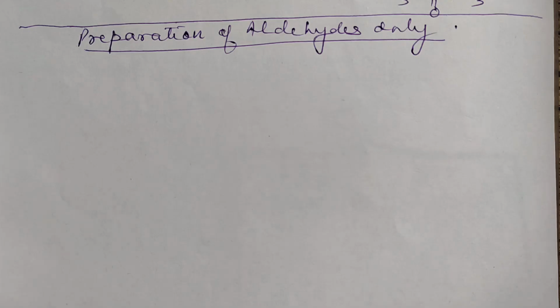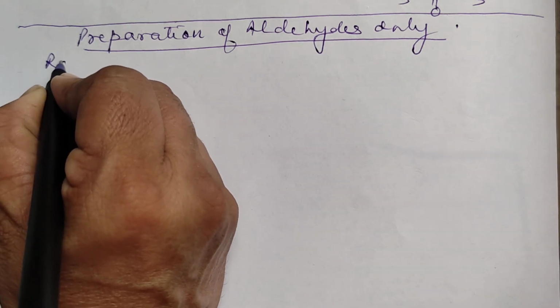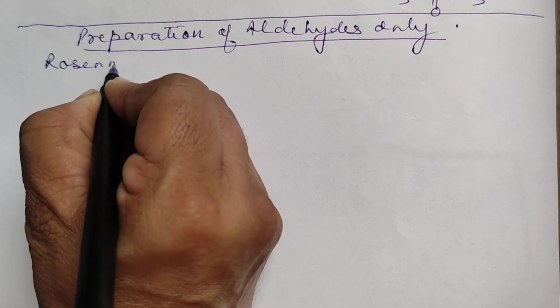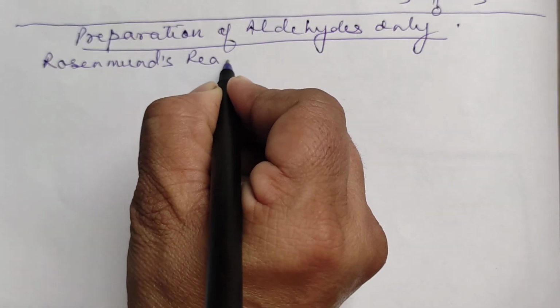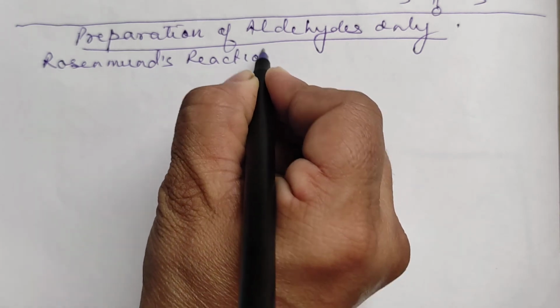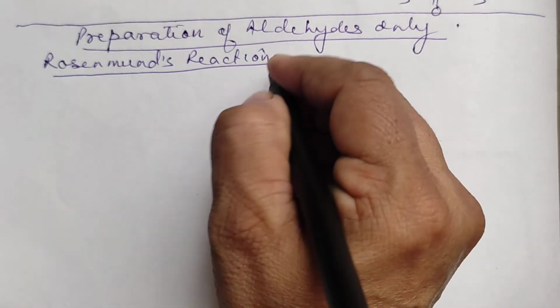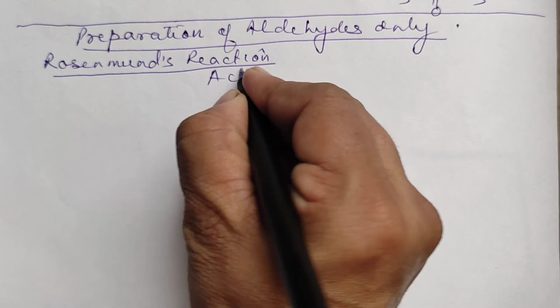Now we will take methods of preparation of aldehyde only. There are certain methods which are entirely different for aldehydes and ketones. So first we are taking in aldehydes Rosenmund's reaction. It's a name reaction, quite important reaction. Rosenmund's reaction. Now in Rosenmund's, basically what you are doing is acid halide